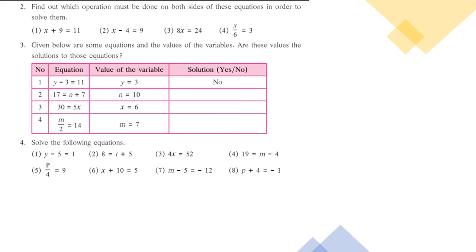So our equations are, let us solve second, let us solve fourth, 7th, and let us pick one on multiplication, third. So 2, 3, 4 and 7. The rest 4, you can do it. So first let us write the second one. 8 is equal to t plus 5. What you write is, for convenience, keep the variable on the left hand side. So you write t plus 5 is equal to 8.